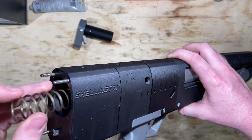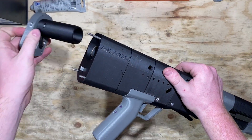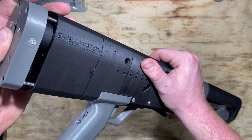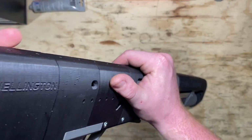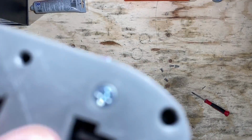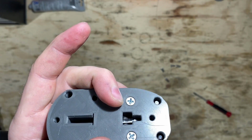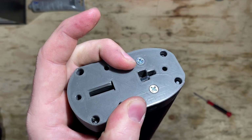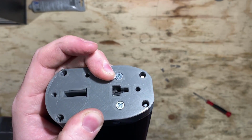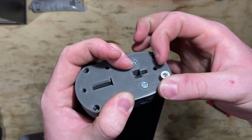Spring, of course, is just going to feed straight down like that. And then this is going to feed around the spring and then over each of the threaded rods. Okay, so as you can see, the threaded rods are poking through these holes but aren't poking out, but we can see them. What we're going to do is take these cap looking things again, and we're going to slide them